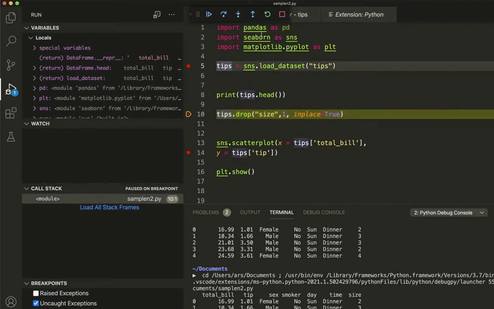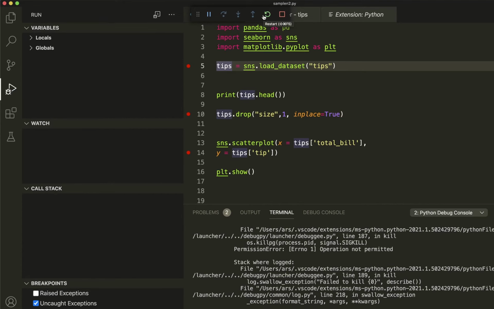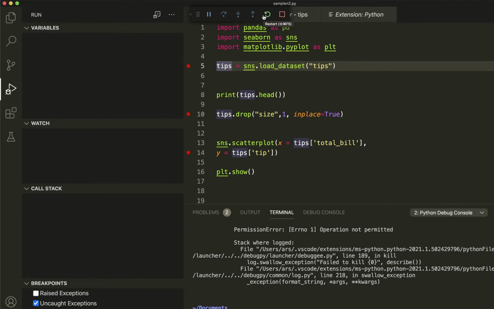So just to quickly go back, let me restart it, and I'll show you that at the start you would see tips with the column name size available, and you would probably start seeing the column name getting vanished, I should say. So it's again running.